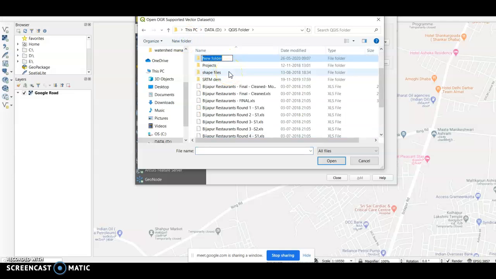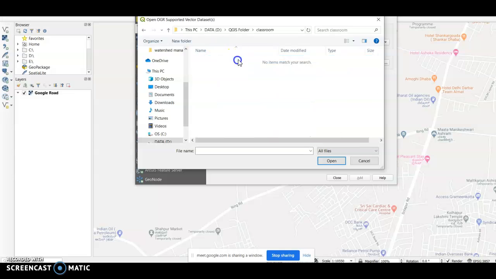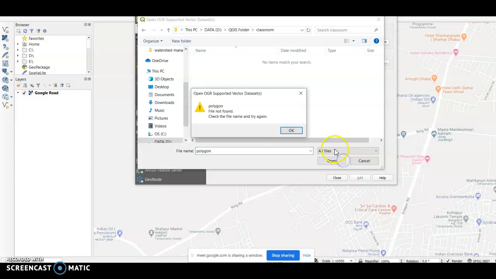Here I'll call this classroom. So now in the classroom I'm saving it. You have to give some name to it. Initially I'll call it polygon.